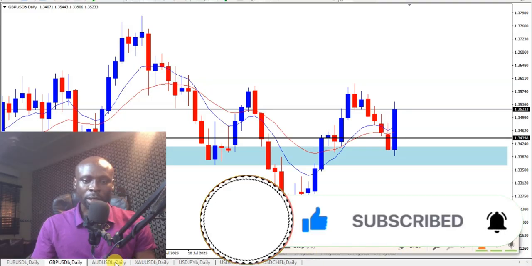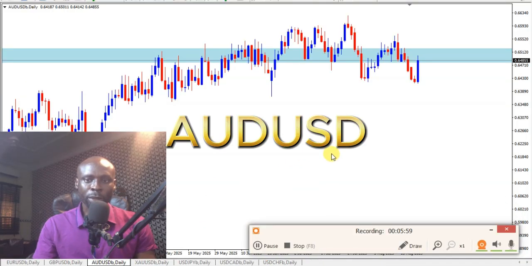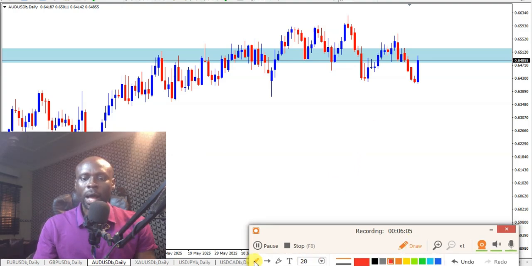So we're looking at our Australia pair. The Australia pair is our next pair to look at. The Australia pair still remains in a downtrend on the daily chart. We see a series of lower highs on Australia USD. We have a higher high, then we have a lower high. So we expect Australia USD